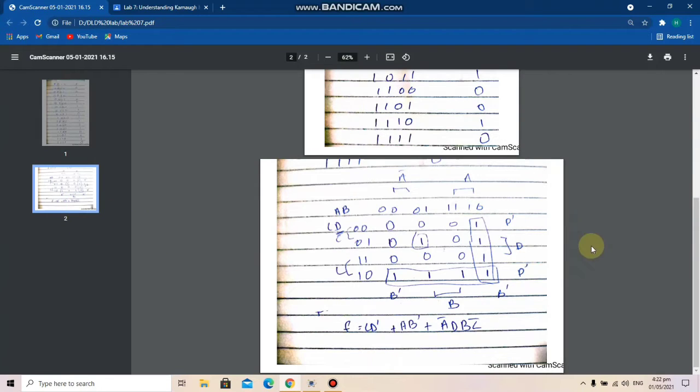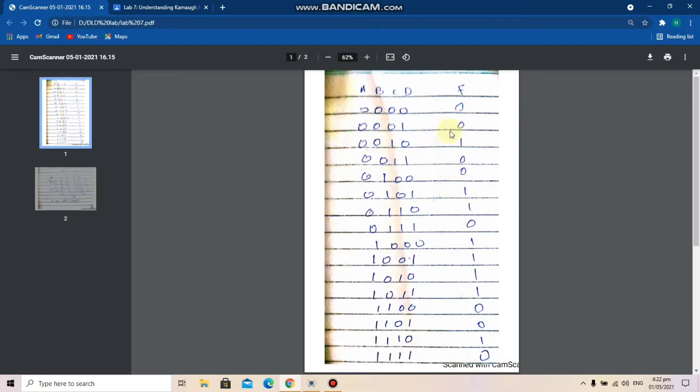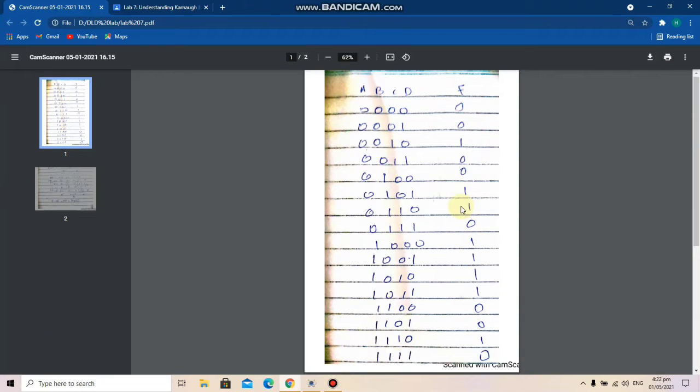So here I made a Karnaugh map which has reduced the circuit to this expression here, in which there are only 3 terms, which is much smaller because in this we have 7 terms because of 7 high outputs. So each high output having 1 term, so we have 7 terms, and here we can see we have only 3 terms. So first of all, let's implement the simple circuit by looking at the truth table.